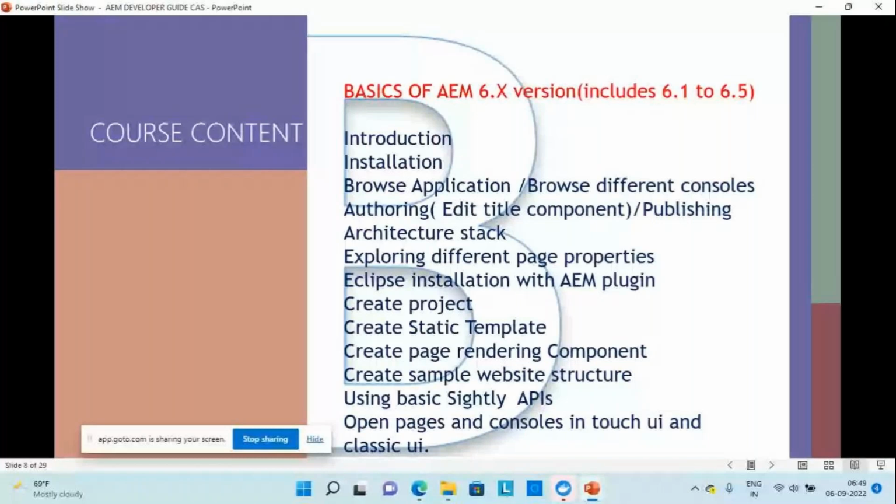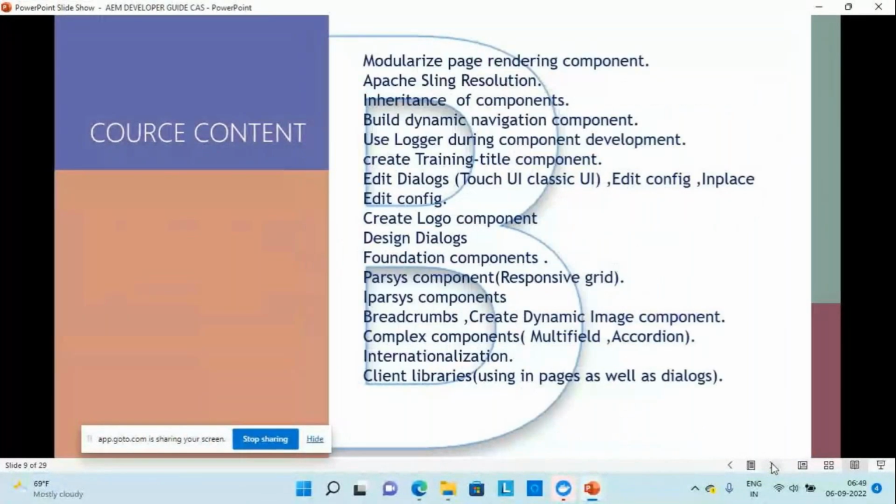from 6.1 to 6.5. It includes introduction, installation, browse different applications, consoles, authoring, publishing, architecture stack of AEM, exploring different properties, Eclipse installation with AEM plugin, create project, create static template, page rendering component, create sample website structure, using basic Sightly APIs, open pages and consoles in TouchUI and Classic UI, then modularize page rendering components, link resolution, inheritance of components, build dynamic navigation component, use a plugger during component development,